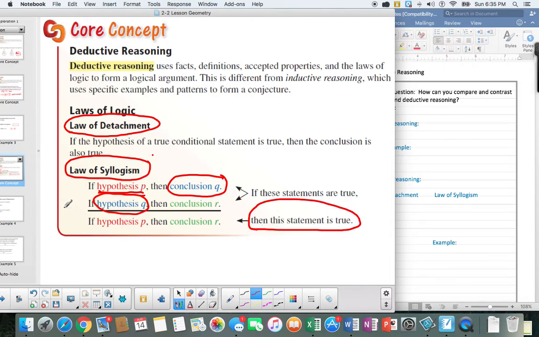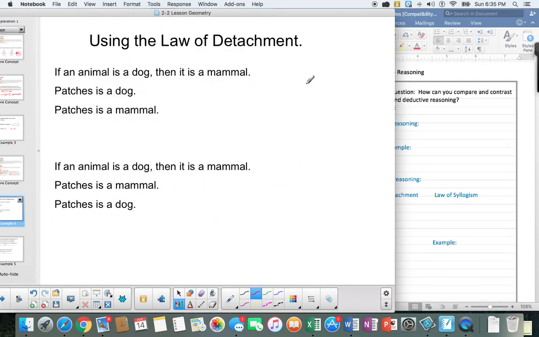If that doesn't seem too clear, I have some examples for you. First, let's take a look at the law of detachment. Notice that I have an if-then statement. So I'm going to say P implies Q. So this is an if-then statement. And Patches is a dog, so he's part of the hypothesis. So that's P. And if you can get that item into the hypothesis, then your conclusion